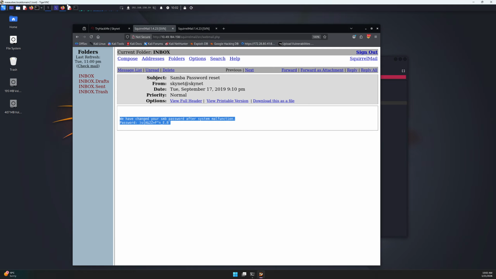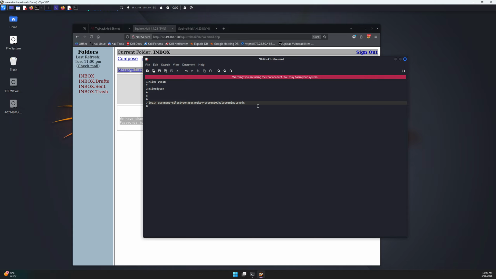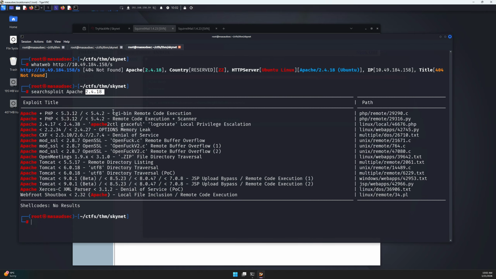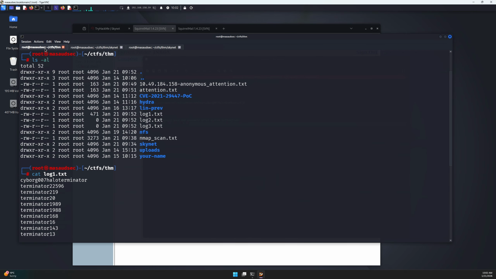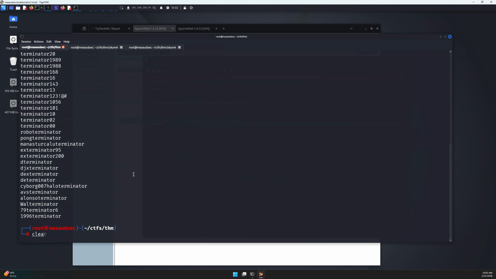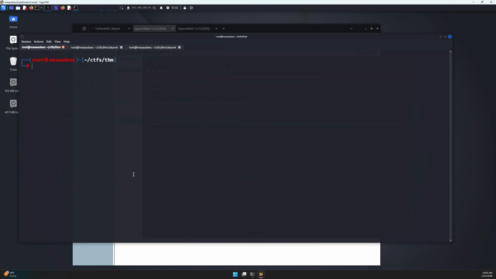So let's keep this. Cool, man, cool. We are doing great so far. I will copy it, and after this, I will go straight to my terminal. And it seems like we do not need this thing anymore. And let's try to log into the SMB of Miles Dyson. Okay, smbclient and forward slash, sorry, forward slash target IP address, but before